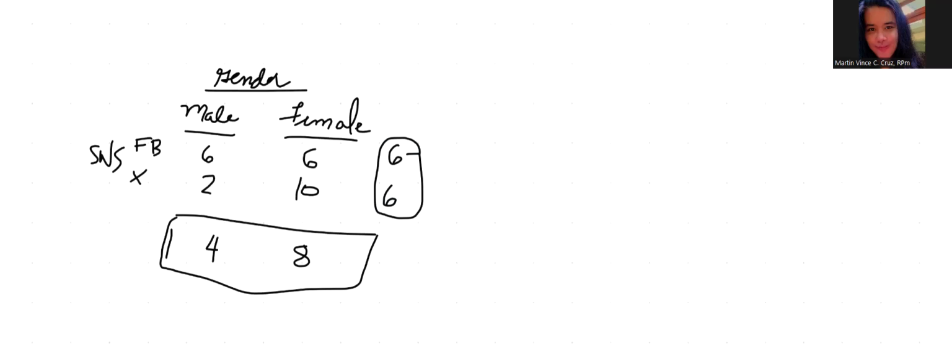So basically, if you are going to look through the data, Facebook did not yield any significant difference compared to those who are using Twitter or X. And it is evident here that there is an interaction because